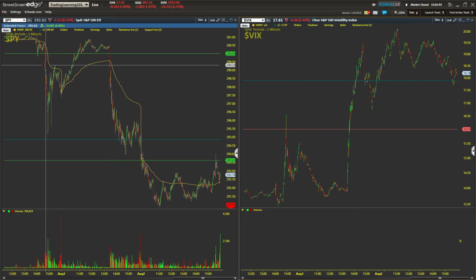So you see this big sell-off here on the SPY, and you also got a spike on the VIX that just showed you right here that fear entered into the market. So what does that tell me? That something's going on with the major indexes, and I need to pay attention to the market and the inverse ETFs. When the SPY got its big sell down below 300, down to 295,